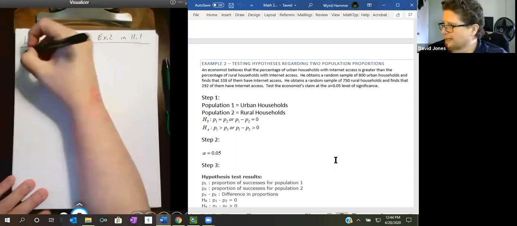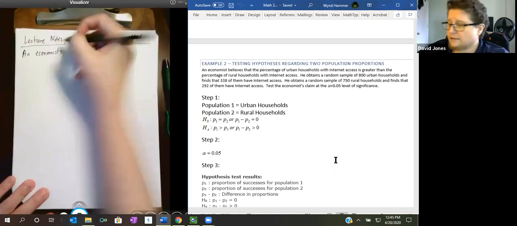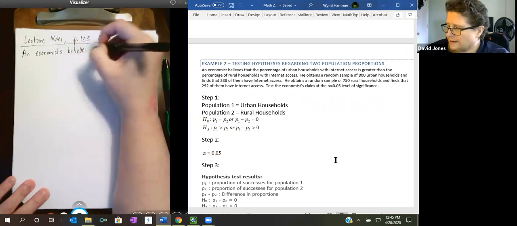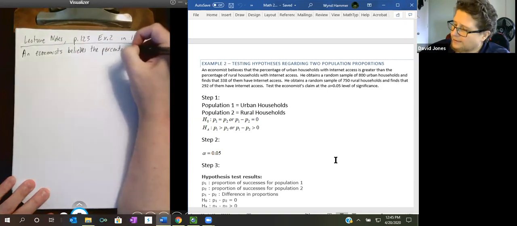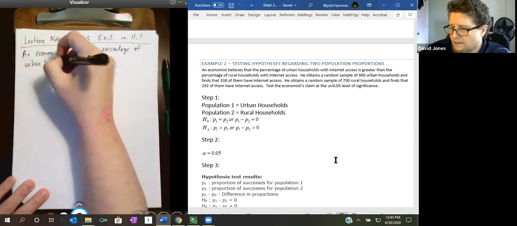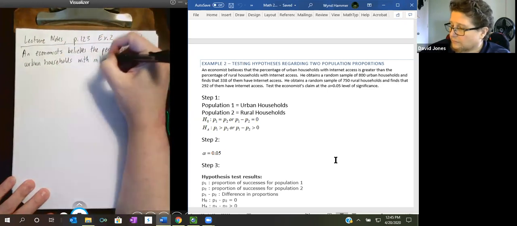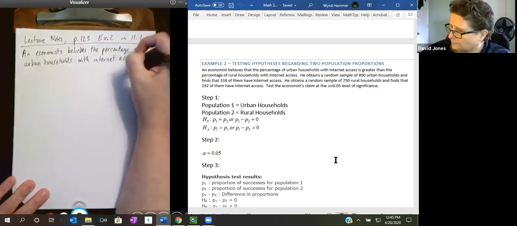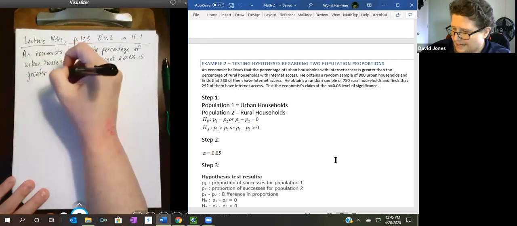An economist believes the percentage of urban households with internet access is greater than